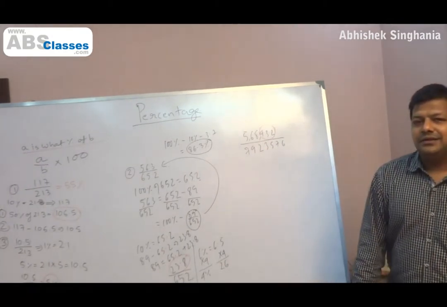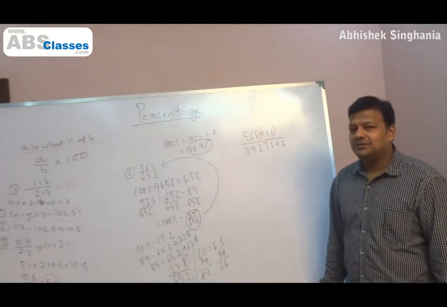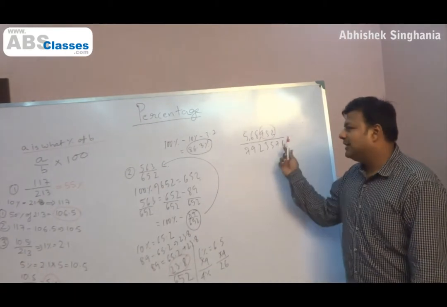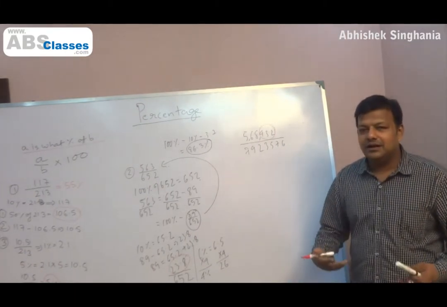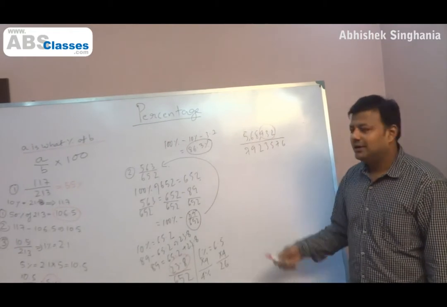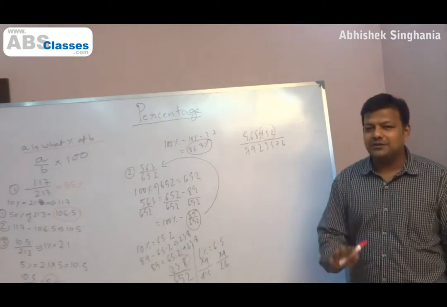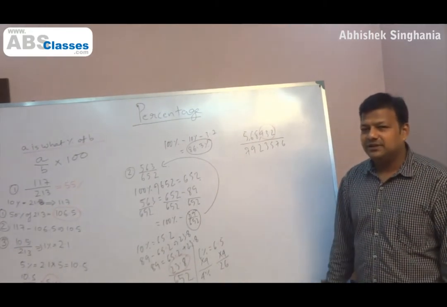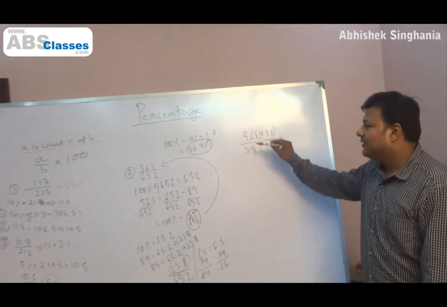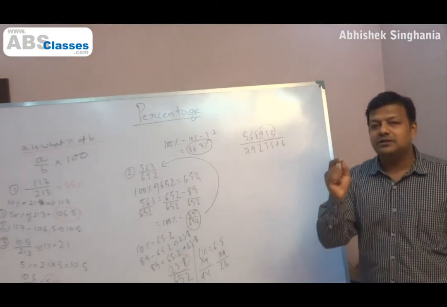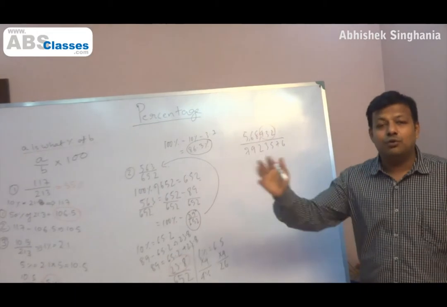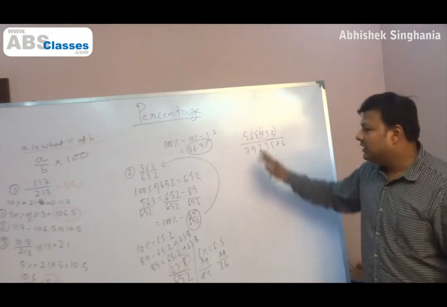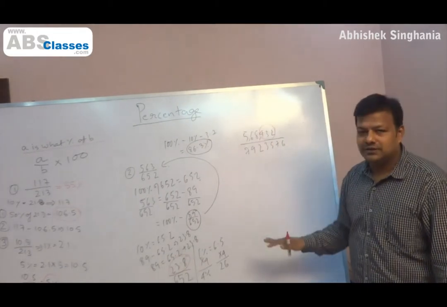Right? I mean, even if the friend is not someone you are really fond of, I am sure that if you get that kind of money, certain kind of generosity will creep in within you. 432 rupees I am sure you can spend. It doesn't really hurt you, isn't it? The point is, if you have that kind of money, 432 is a very minuscule portion of your overall fortune. So 432 is a very small portion of this number.